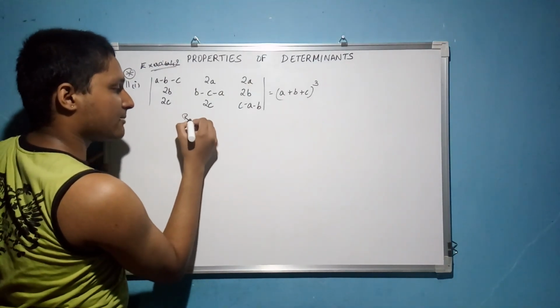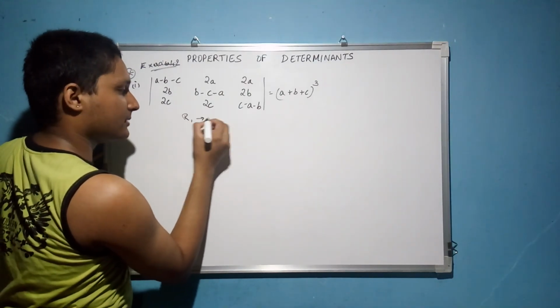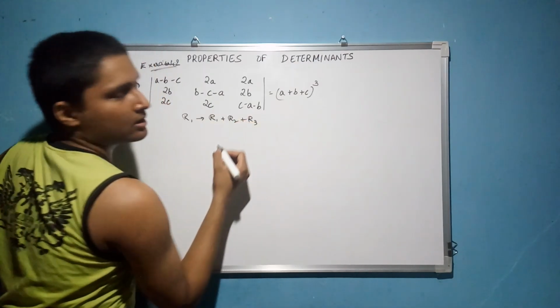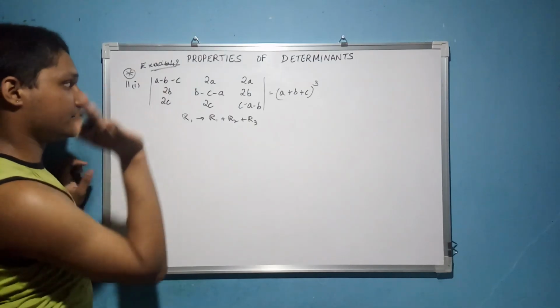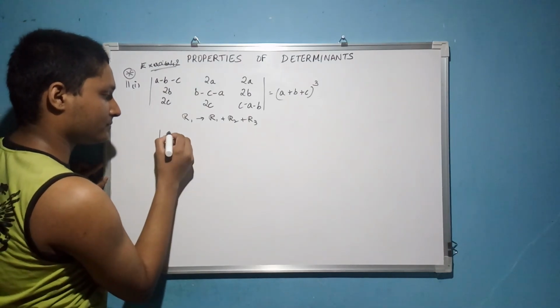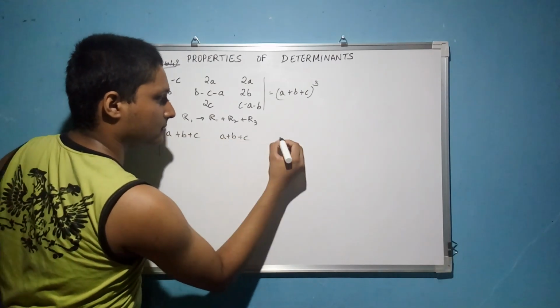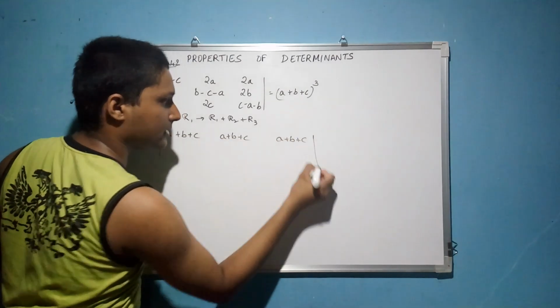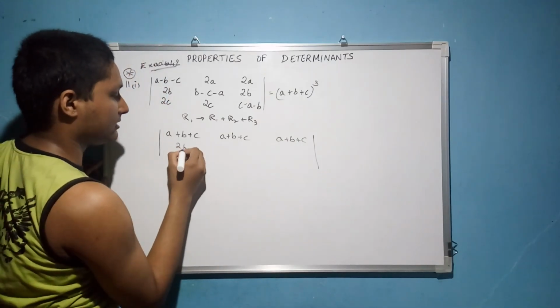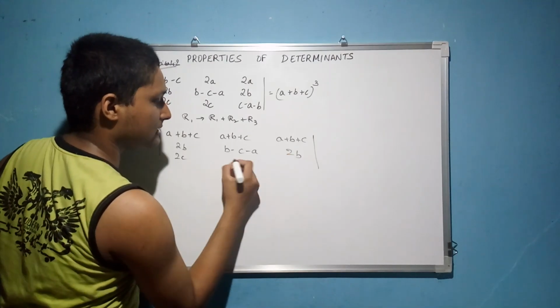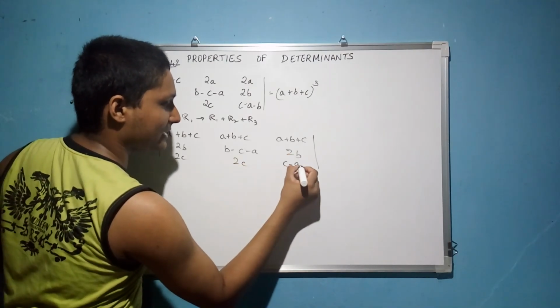So the first step is the same everywhere. R1 becomes R1 plus R2 plus R3. Adding all this up, you are going to get a plus b plus c here, a plus b plus c here, and a plus b plus c here. If you want, you can just try and see how you are going to get that. This is b minus c minus a, this is 2b, this is 2c, and this is c minus a